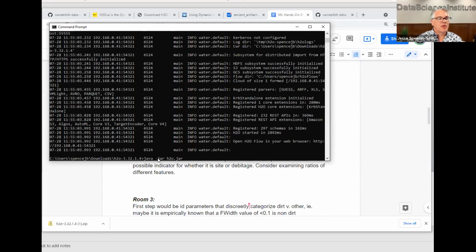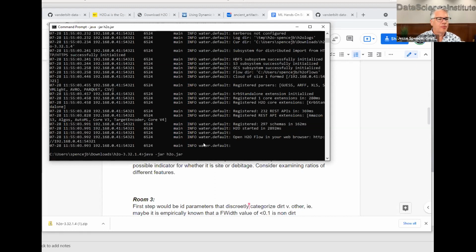And we're going to give the command that we're pasting in here, which is java space -jar space H2O.jar. If you're not able to get this to run, don't worry. We have this recorded, you'll be able to go back and do this. We're just looking for a couple of people to do this so you can run this on your own in your room. So if you're not caught up yet, don't worry.